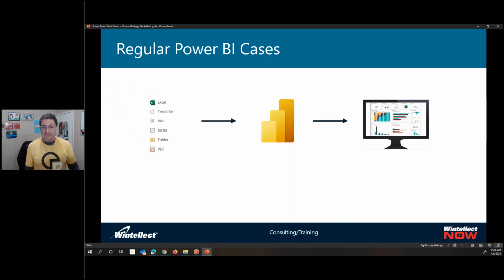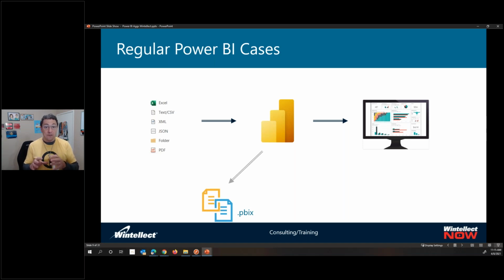So we connect Power BI to whatever regular data source, like I just mentioned, Excel, text files, PDFs, web pages, right? You can point to websites and collect tables that are published in web pages and collect the data from there. We can get all of these disparate data sources from multiple formats, blend them together inside Power BI, and publish to the service. You know that when we do this, what we are actually doing is on our local